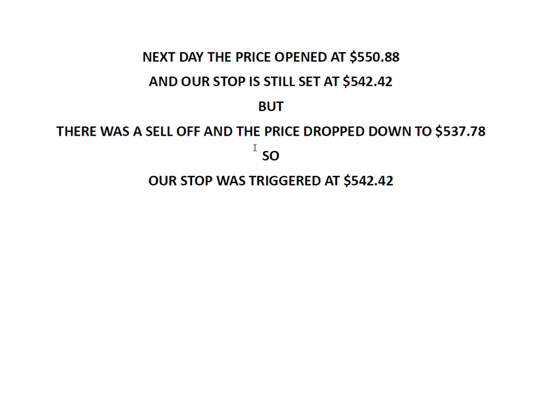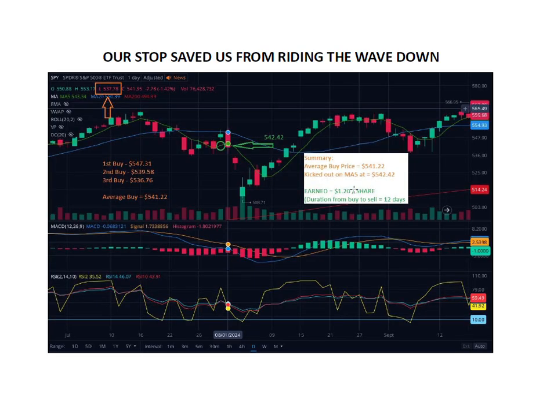And therefore, there was a big sell-off that day, and it got down as far as 537.78 for that day. Okay, so the stop was triggered at 542.42. So right there alone, I saved myself that difference, 542, 537, right? So I saved almost, close to $4, $5 right there. I saved that from the drop. So I did not ride that thing all the way down to 537. I got kicked out at 542. But the good thing is,